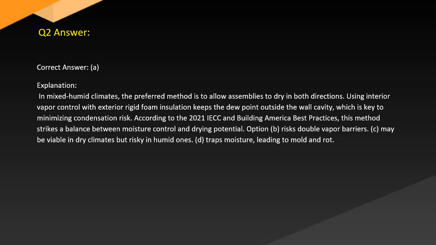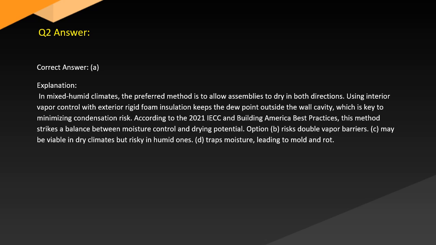Answer. Correct answer: A. Explanation. In mixed humid climates, the preferred method is to allow assemblies to dry in both directions. Using interior vapor control with exterior rigid foam insulation keeps the dew point outside the wall cavity, which is key to minimizing condensation risk. According to the 2021 Building America Best Practices, this method strikes a balance between moisture